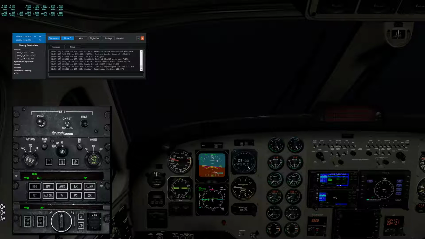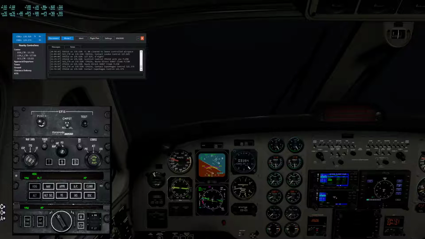In practice, at this sort of speed, in this sort of aircraft, you don't need to start your turn in too quickly. So in fact, I've changed the heading bug to 299, which is the course we want to be flying inbound to the beacon. And actually, I think we end up turning a bit too sharply, so we have to widen the turn out slightly. I've also changed the VOR bearing to be 299 as well,